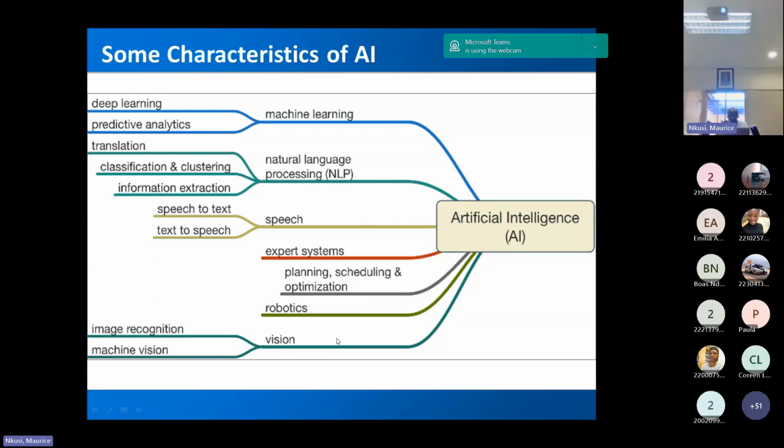Robotics and the vision. And I think you have seen when you travel at every airport, they will take you a picture. That picture is not to keep your image in a database, but is to search in a huge database if you are not maybe a criminal or something like that. And this also happen in industries. Once you come to enter the door to go to your office, the system will scan your face and will let you go in. If the system scan your face and you are not in the database, you will get a message that you can't enter, those kind of things. So technology is doing a lot of things.